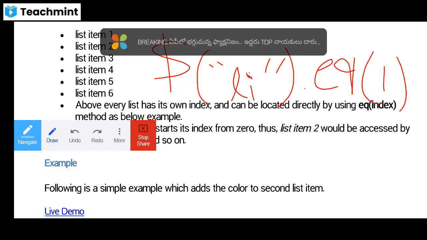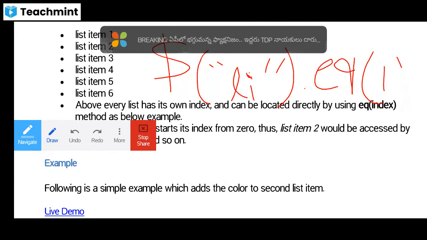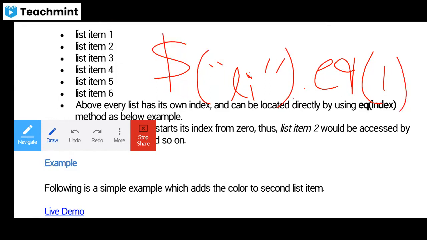If we need to specify the equivalence number, either list item 3 or list item 4, we cannot specify, because here we can specify only one number, not different numbers. So that is the disadvantage regarding the equivalence index.